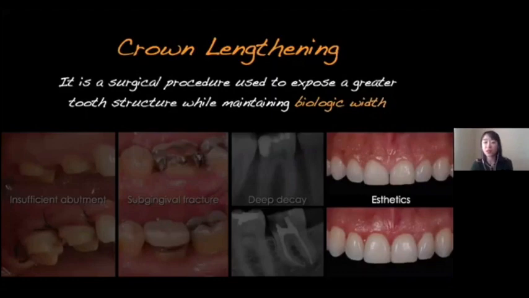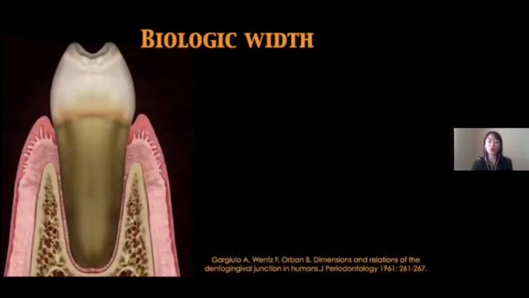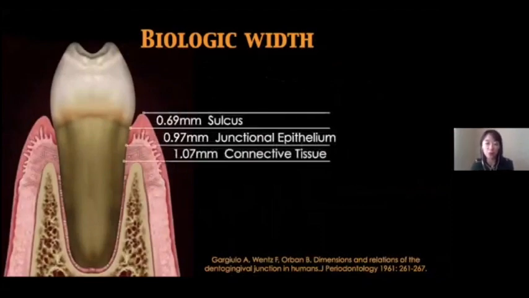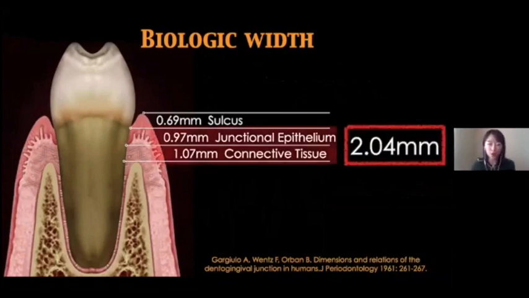So let's start with the basic concept, biological width. So based on the classical literature of Gargiulo in 1961, there are 3 components for this dental gingival unit. It includes a sulcus, junctional epithelium, and connective tissue attachment. So each component is roughly 1 millimeter. And these 2 components, which are the junctional epithelium and connective tissue, are so-called biological width,